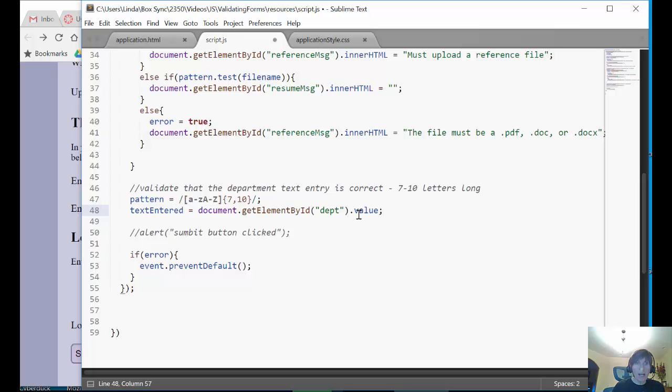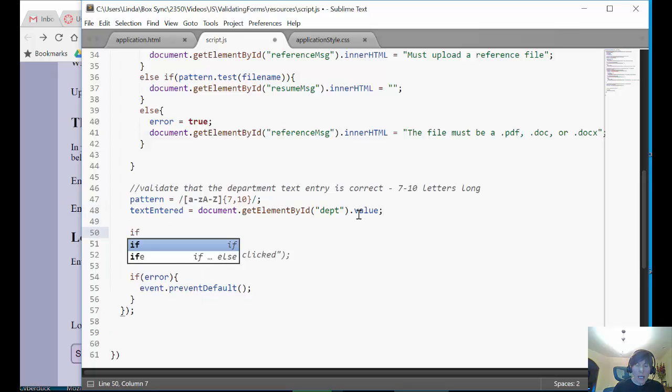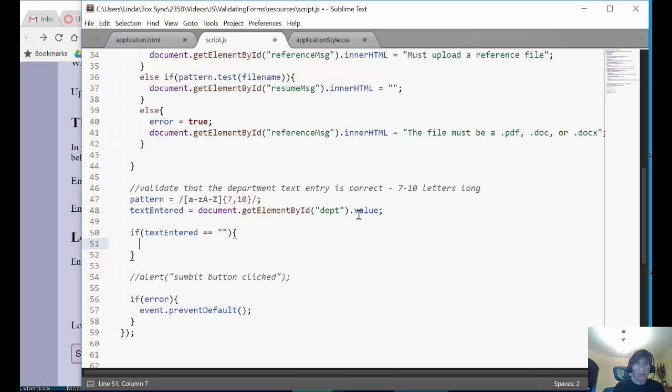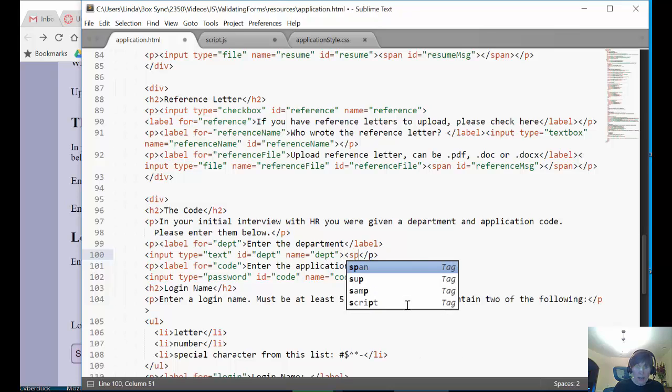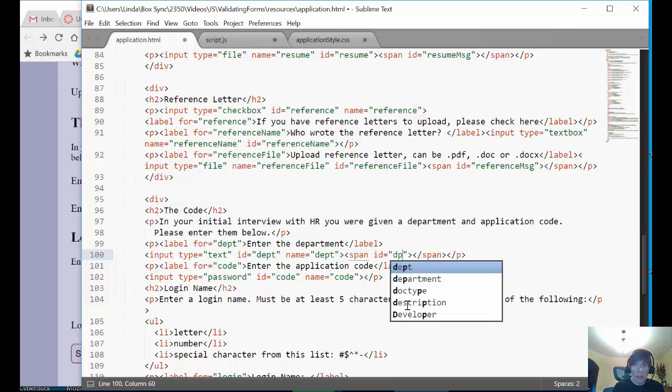Okay, and now I can ask those same questions. If text entered is equal to nothing, that means I didn't put anything in there. So I want to be able to write, and I'm going to put the right exactly by that text box. I'm going to add a span and do ID equals, and here I'm going to put department message,